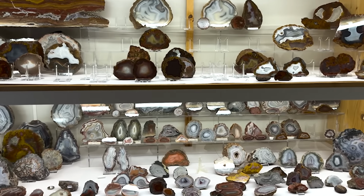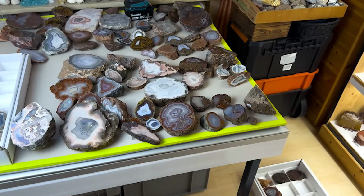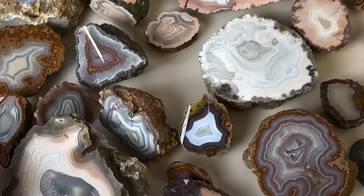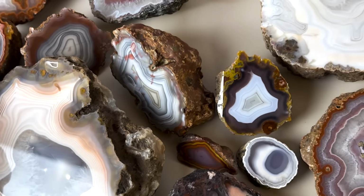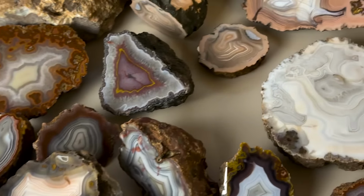So almost 2 hours have passed and we barely got started, but the beginning is here. And I already did a little bit of a grading. Some of the more special pieces, for example, are some very fine parallax pieces. This one here is pretty exceptional, but also specimens that, for example, have some of the metallic inclusions like in this one here, or